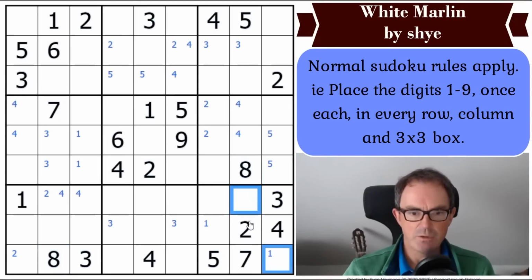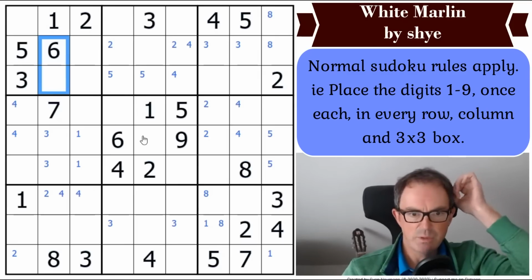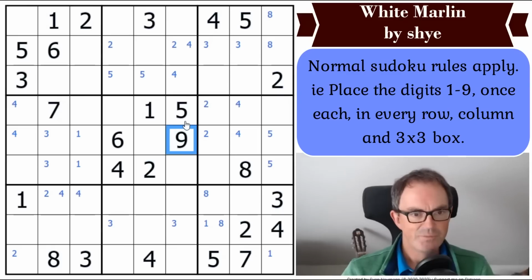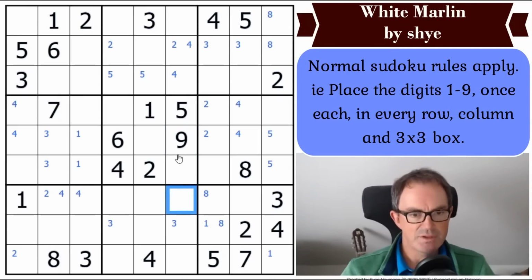8 can't go here or here, so we get a useful 8 pencil mark, which plonks an 8 into one of 2 cells in box 3, which, no, okay, that doesn't do anything either. Where's 9? Oh, 9, I've only got 1 9. Okay, so I'm not terribly surprised. So we can't extract any obvious digits using immediate pencil marking, but what we can do now is go on